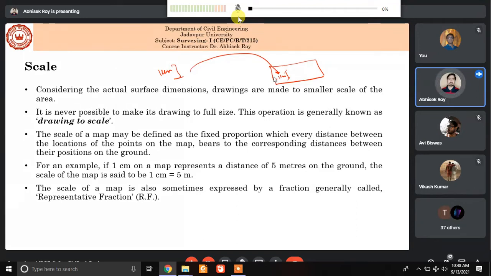Now, whenever you draw something to scale, you will write down here that every centimeter measured here will represent, say, 5 kilometers or 1 kilometer, and at the bottom we will write "drawn to scale". Drawn to scale means every measurement has been drawn following the scale. So if any measurement is not given in your drawing, ideally you should